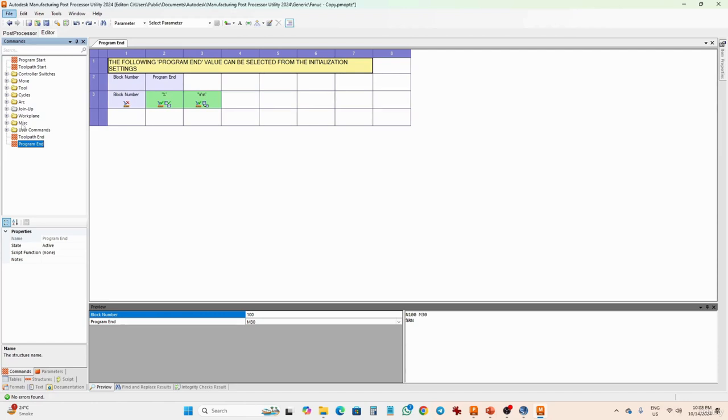When you create your program in PowerMill, it's going to help you a lot. All the instructions are going to be created by reading these file instructions, and that's what we call the post-processor. You can create your own post-processor using the Autodesk manufacturing post-processor utility, and that's going to happen. So that's it for the configuration of